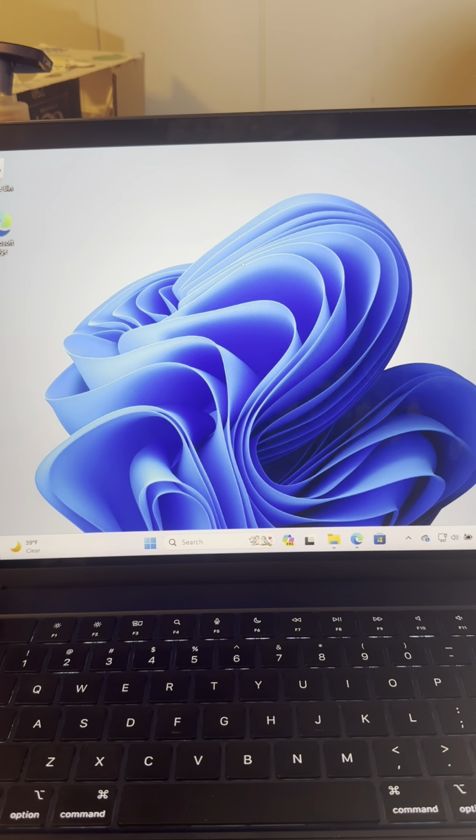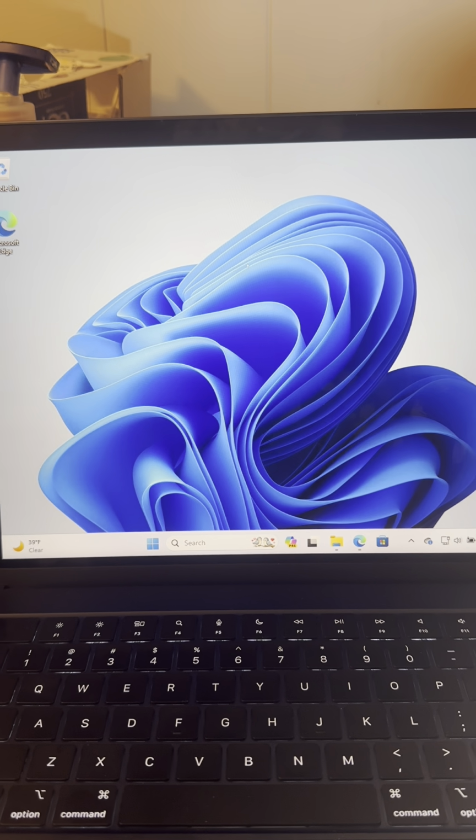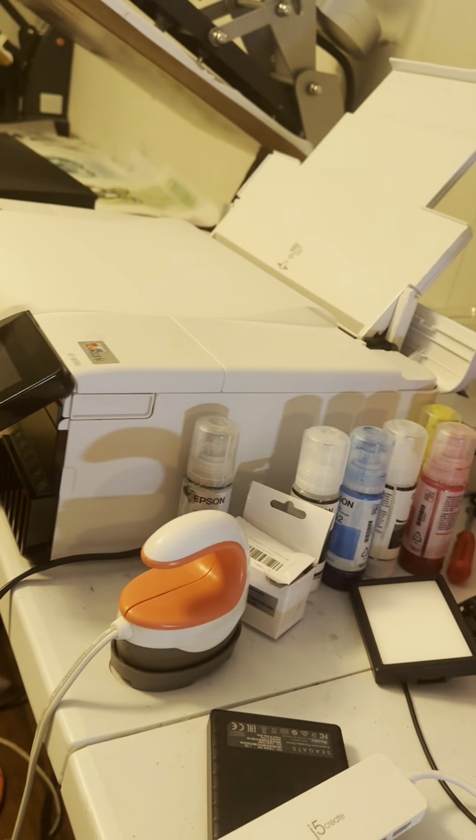This is where we're gonna basically update the settings and get everything ready for us to be able to print from our DTF printer. So